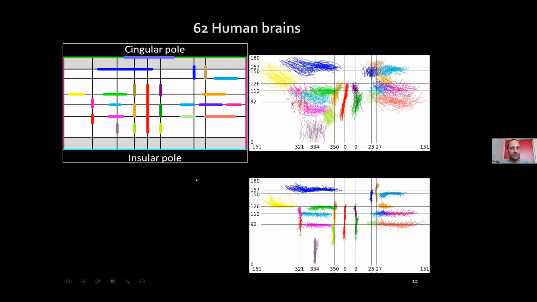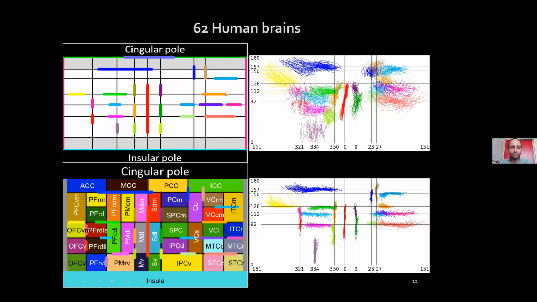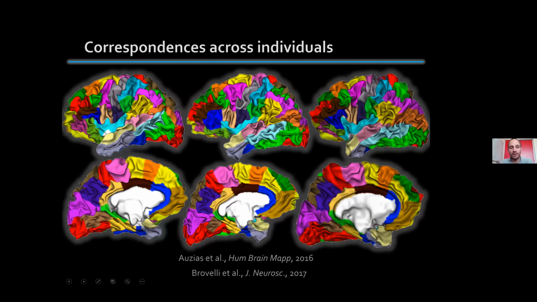For the sake of visualization, one convenient way to look at that is to put some colors in the rectangles here. So actually, you define a parcellation of the brain. And with such a parcellation, you can visualize the mapping onto the original folded surfaces from the different brains. And you see here how the colors correspond. For instance, the gray one, which is, I think, the precentral gyrus, is well located in the same region across brains, despite large variations in the geometry across individuals. Here are the two papers that describe this parcellation and a bit of validation.